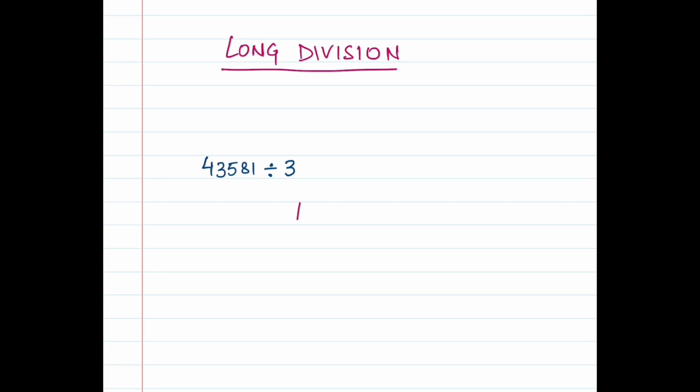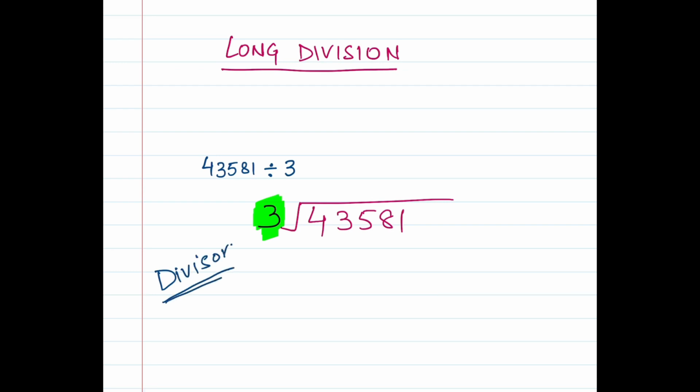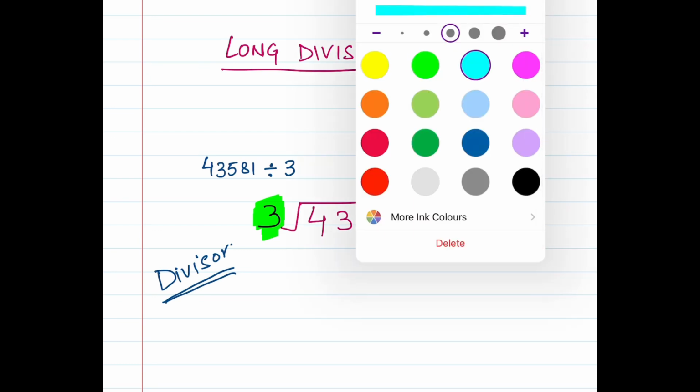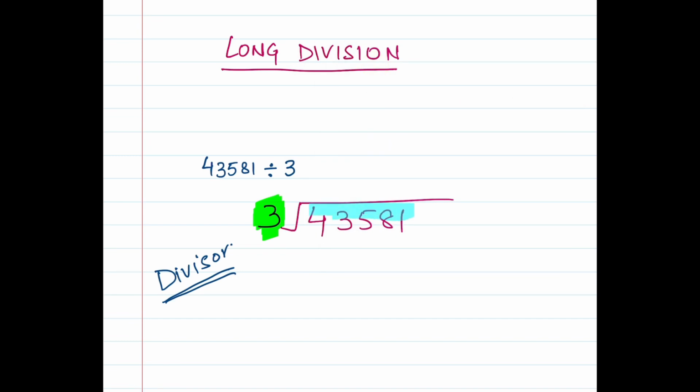Alright, so we have 43,581 divided by 3, and it can be written as 43581 divided by 3. Right, so when we solve this question, this number 3 is called the divisor, because we are dividing the main number with this. Our next number, 43,581, is called the dividend,